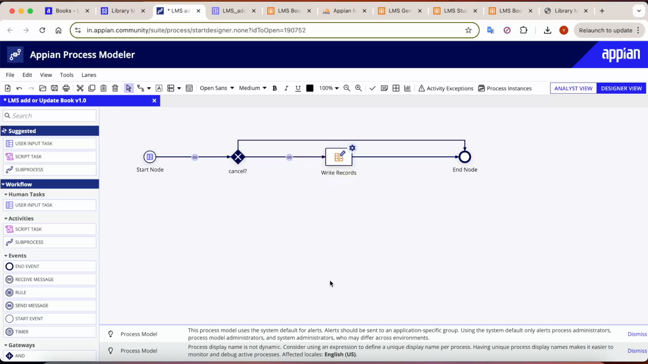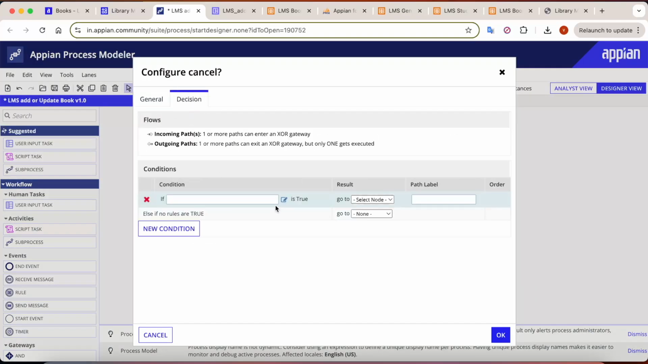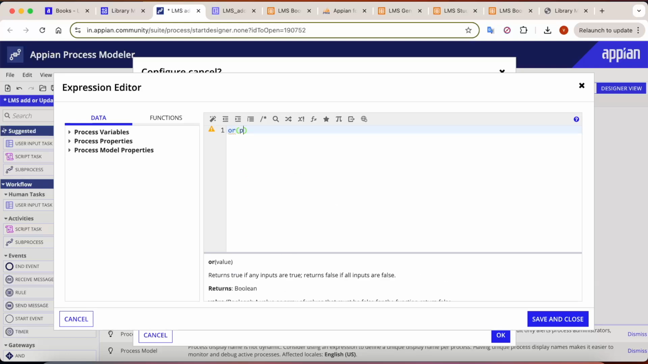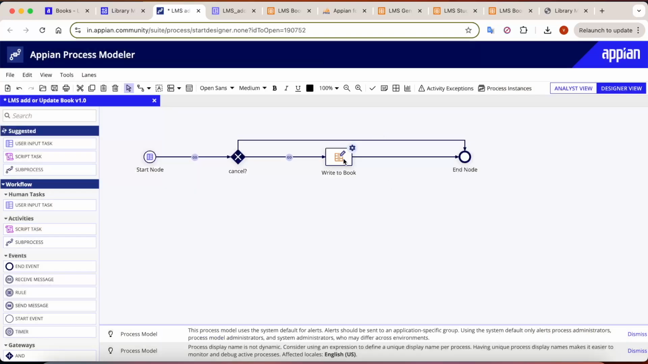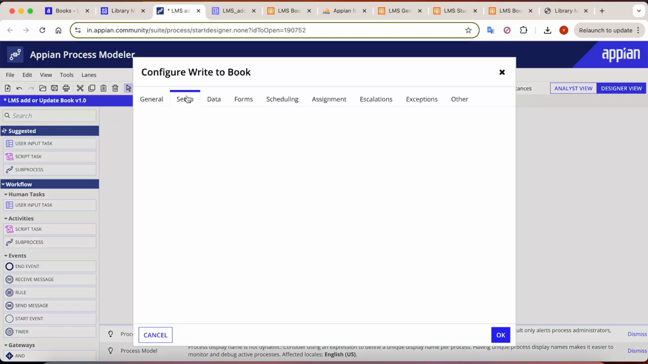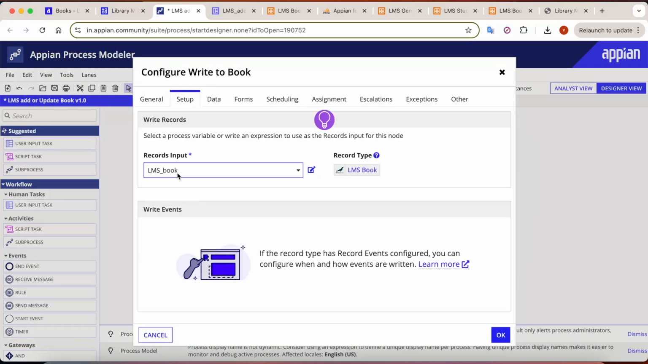That is important in order to reflect the data, and here we will rename it Write to Book. And here let's add a decision here, or PV bank cancel. So if this is true, then go to the end node, otherwise go to Write to Book. And in Write to Book, what we will do is go to setup and select your record input